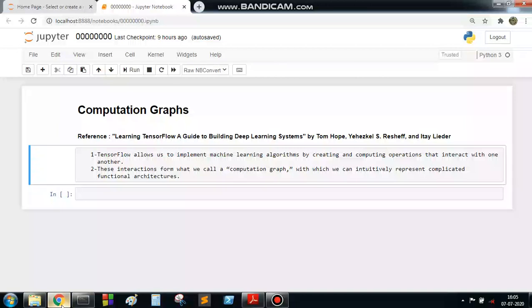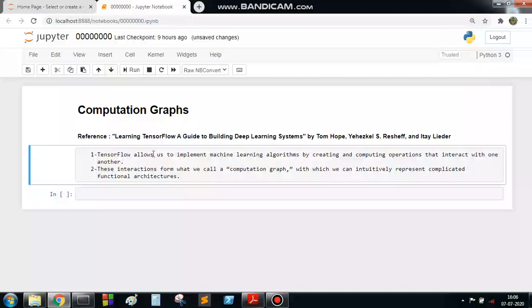Friend, in the following lecture we will cover the basics of tensor understanding. That means this lecture and the following 2-3 lectures we are going to cover the basics of TensorFlow. Before going deep inside TensorFlow, the first thing you need to know is the computation graph. This computation graph is the essential thing whenever you are designing a TensorFlow model.